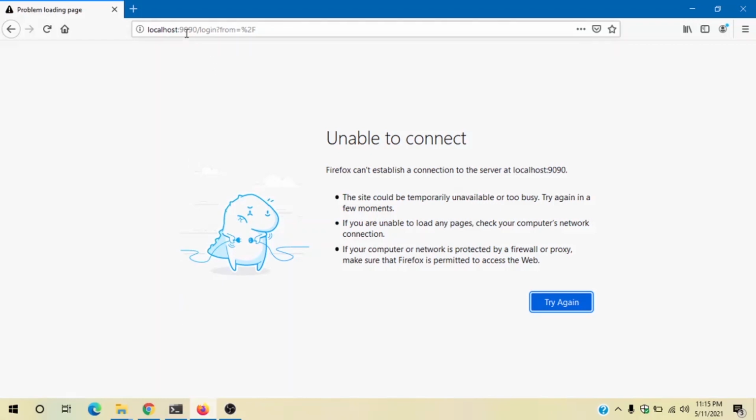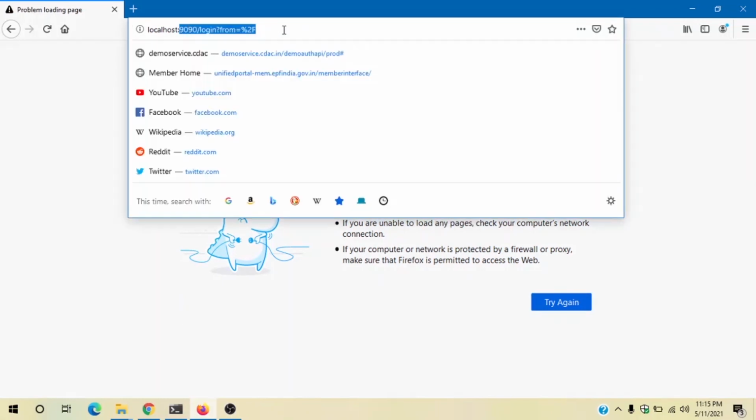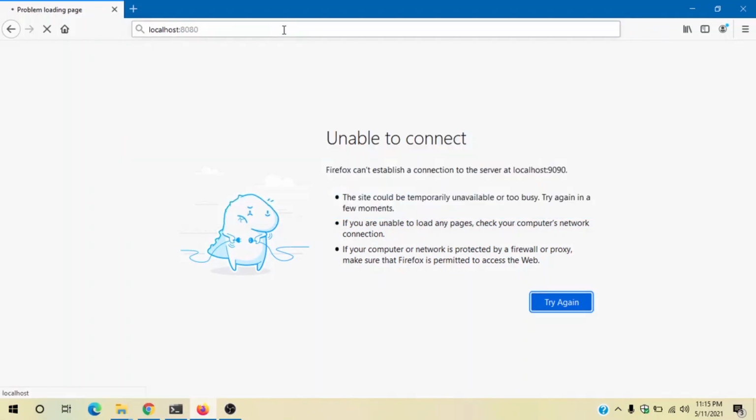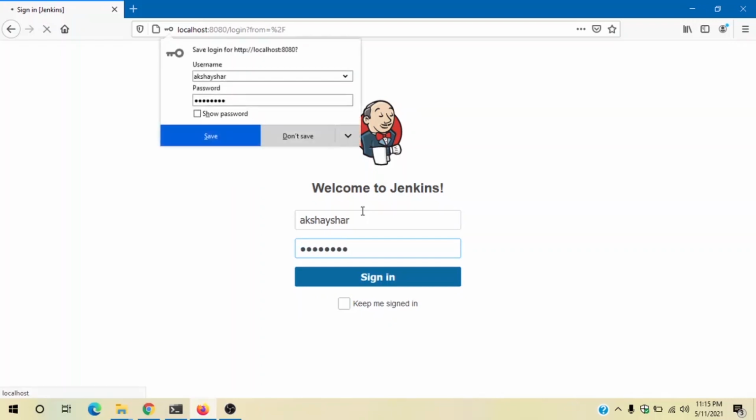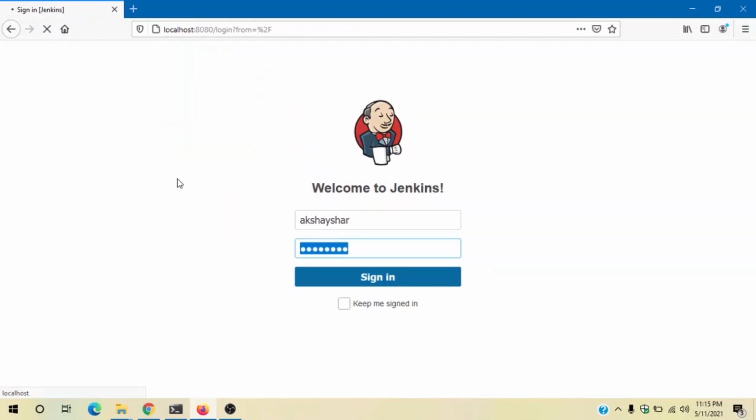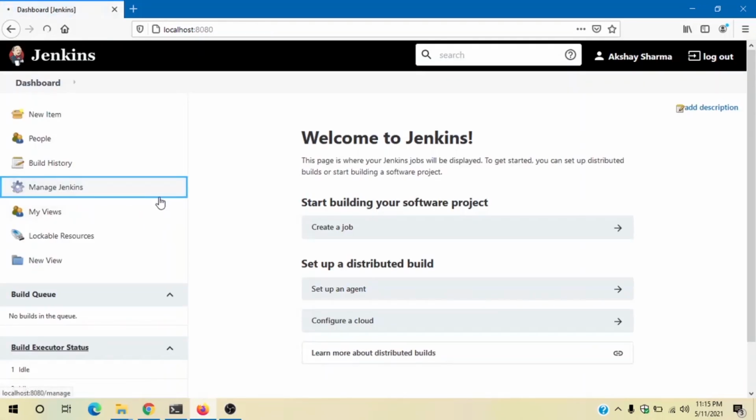Oh, it is on a different port, and we have set it to the default port 8080. Yes, this seems to be working now, and I'll try logging into the system and check whether all the plugins are installed or not.